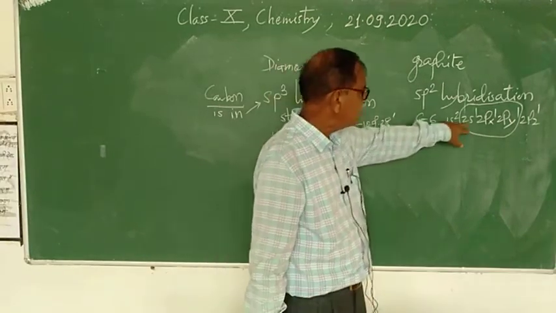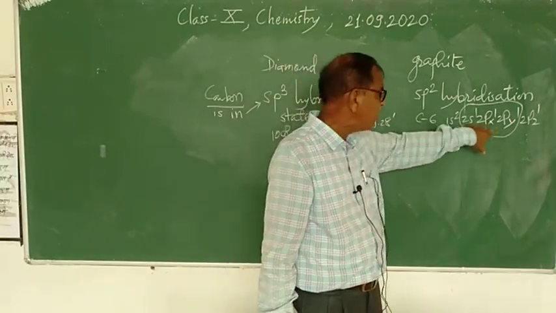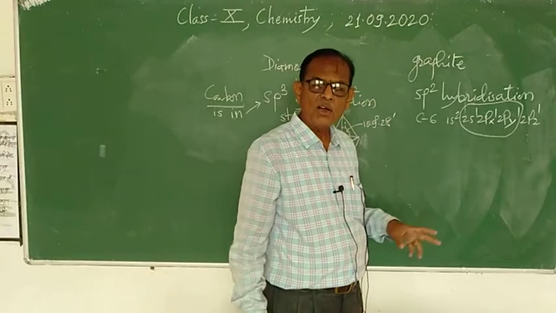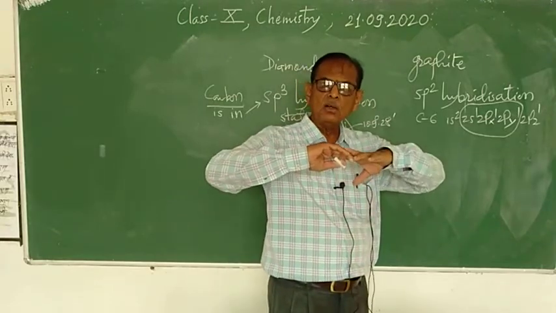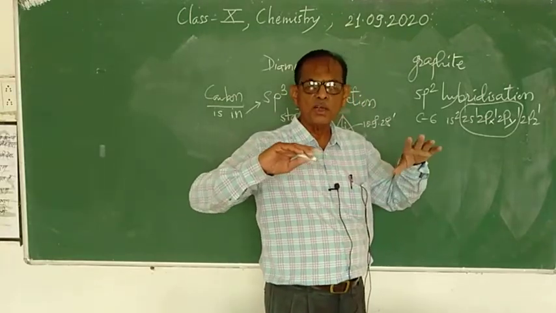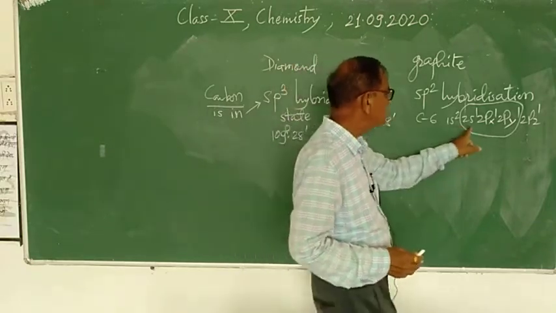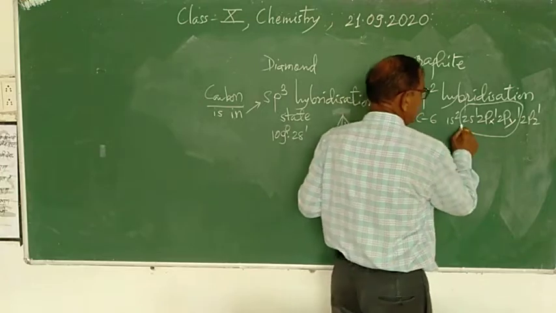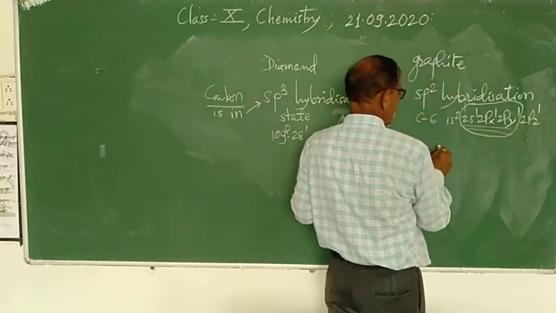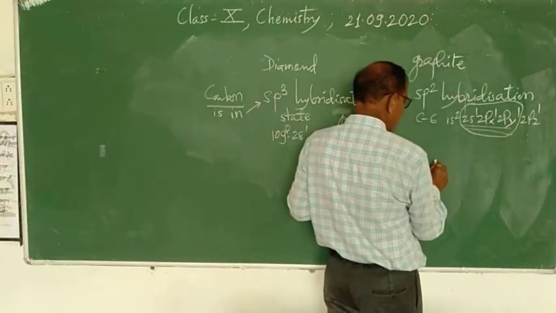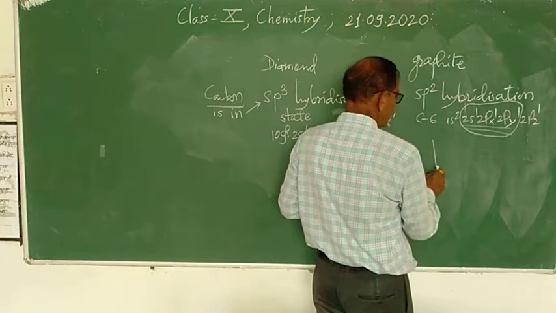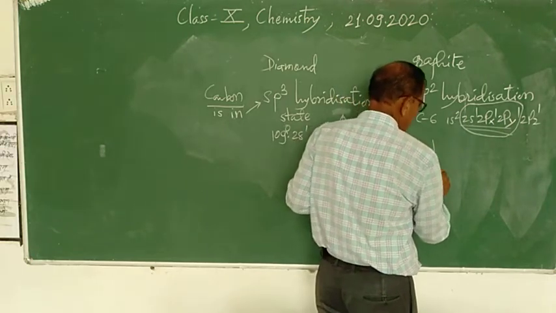Now you know energy of s orbital is less than energy of p orbital. And before combination, in order to have equal energy, equal shape, equal magnitude, these three orbitals mix into one another and produce new orbitals of equal shape, size,